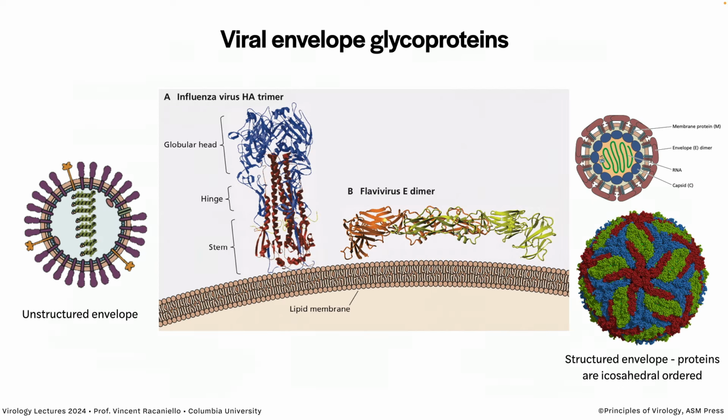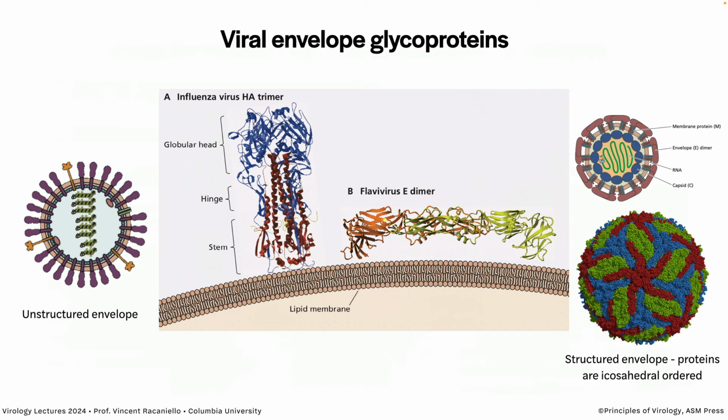Some of these spike proteins are perpendicular to the membrane, like the influenza virus hemagglutinin shown here. But they don't have to be perpendicular. Some others are parallel to the cell membrane. These flaviviruses, the spikes are actually flat on the surface of the particle, yet they can still serve their function as attachment